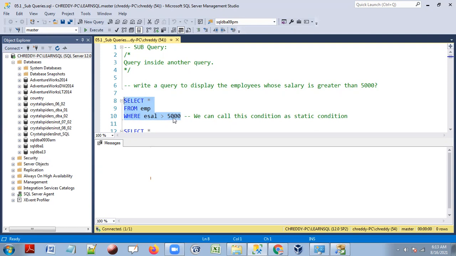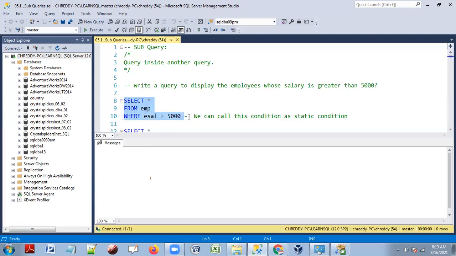But the number of records may vary. Today I see only 10 people, maybe tomorrow I can see 15 people, maybe after 6 months I can see 20 people, because some more people are joining the company and their salaries are greater than 5,000. So whenever we execute this SQL query, we may see a different number of records, but the criteria is the same. Here the criteria represents the conditions: which records we are reading based on which conditions. The conditions are the same, though the record count may be different. That's why we say it produces the same criteria of records.